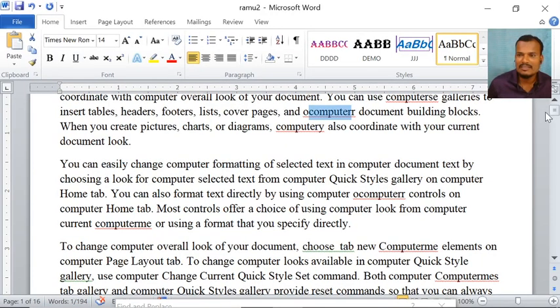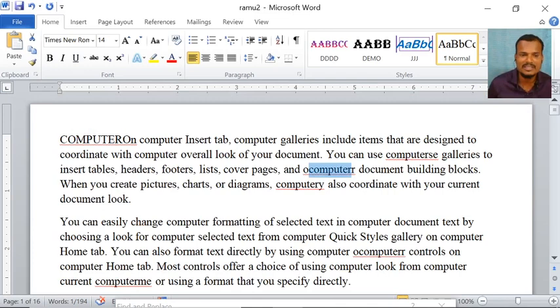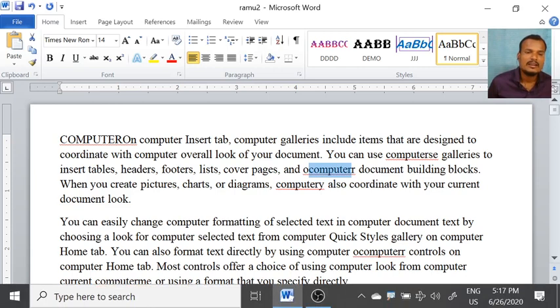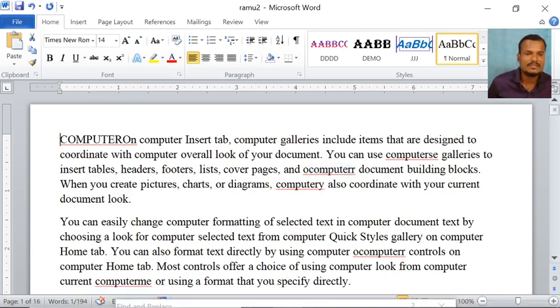See here, we are in the first page. Currently we are in the first page, and the total pages in the document is 16. See here, 1 of 16 means this 16 is the total pages and 1 is the current page. Right. Now my requirement is I want to go to the 10th page.